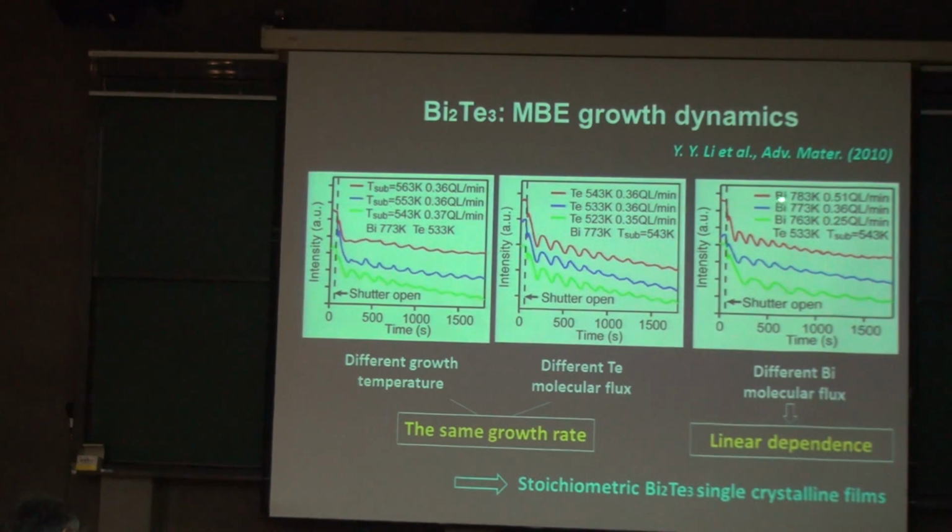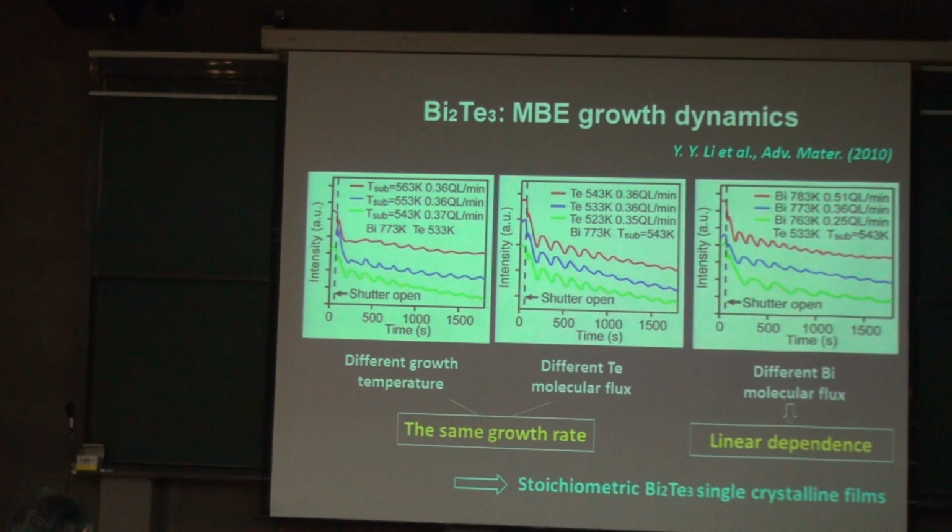The higher the bismuth flux ratio is, the shorter the distance between the peaks, which means the growth rate is linearly dependent on the bismuth flux. So by these three sets of experiments, we establish the MBE growth dynamic of bismuth telluride and